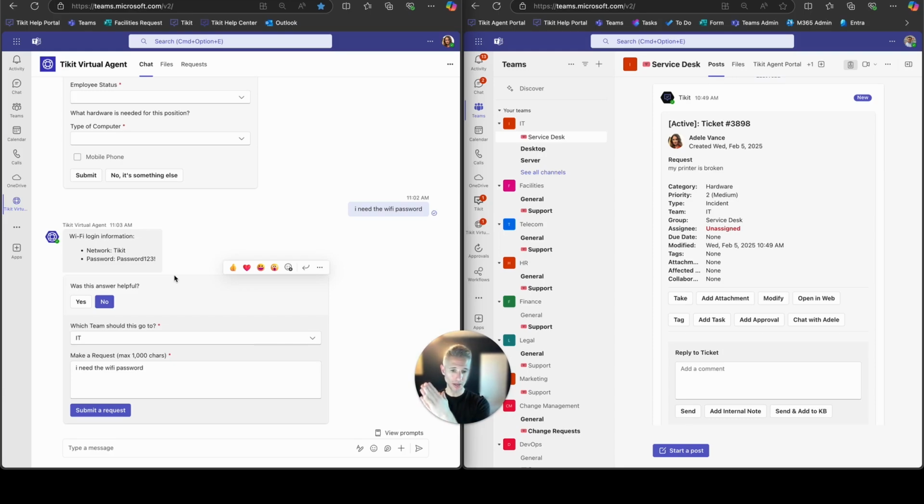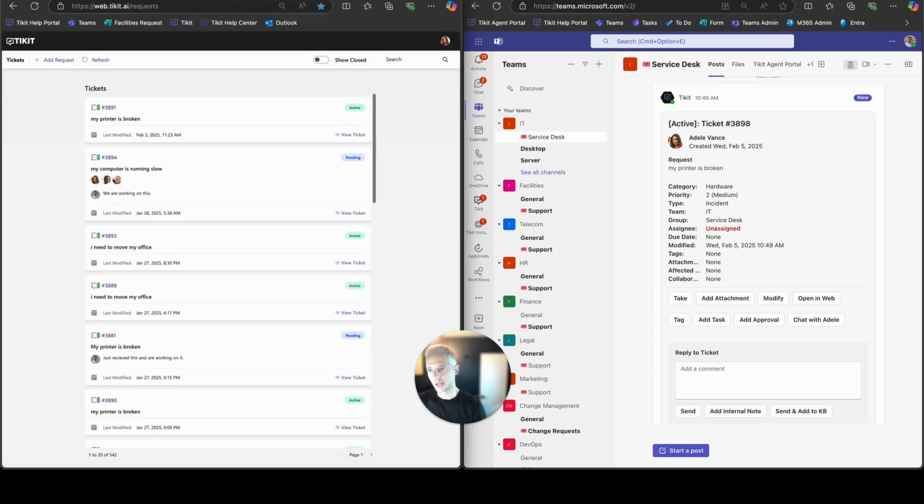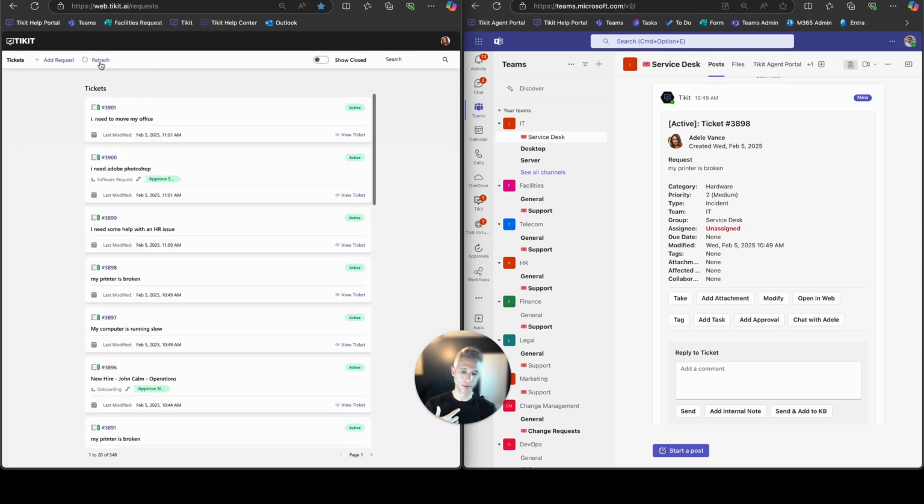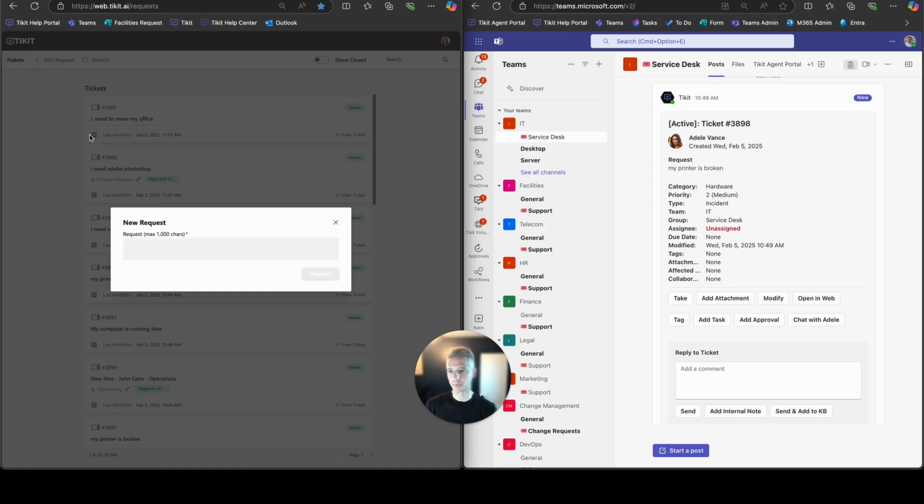Now, we also have these other experiences or channels where an end user can submit tickets. So I want to go over those as well. There is the request portal, or what we call the end user portal. This is a web experience where Adele can also review all of her open tickets, but also submit tickets. And if she were to add a request here, this is going to be very similar to the conversational experience in Tikit Virtual Agent. So if I were to say, I need the Wi-Fi password,